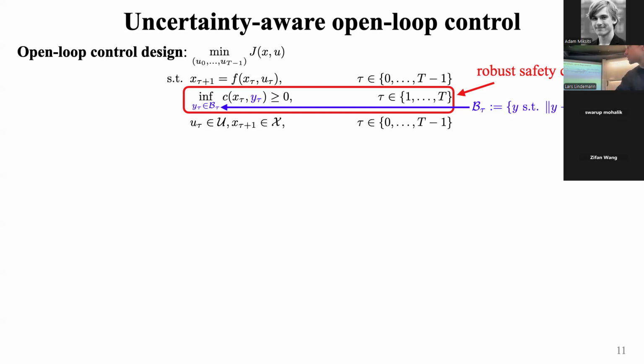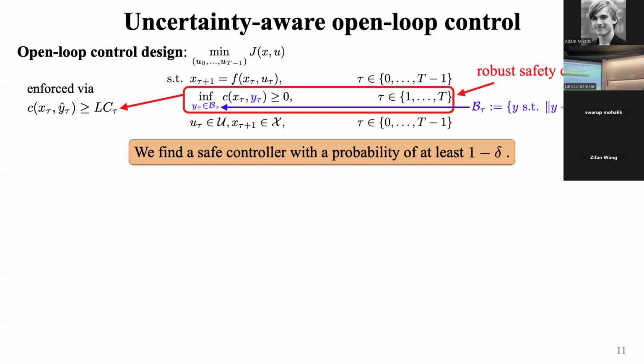So if this safety constraint C is Lipschitz continuous, you can have a reformulation of this, in which, instead of taking the infimum, you plug the prediction into C, and you tighten the constraint by the Lipschitz constant L times the conformal prediction region. Note that, for instance, if you're interested in collision avoidance, you use the Euclidean norm. This Lipschitz constant is simply 1. Okay. If you can then solve this problem, you find a safe controller with a probability no less than 1 minus